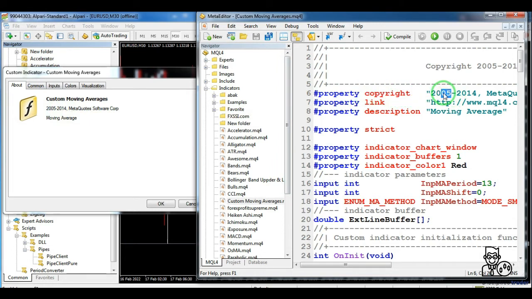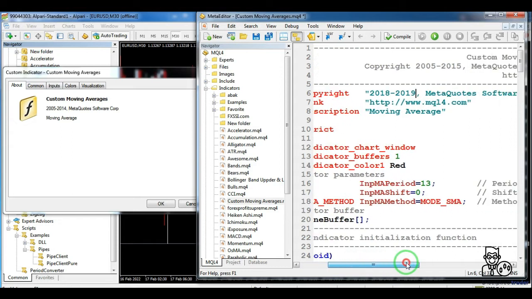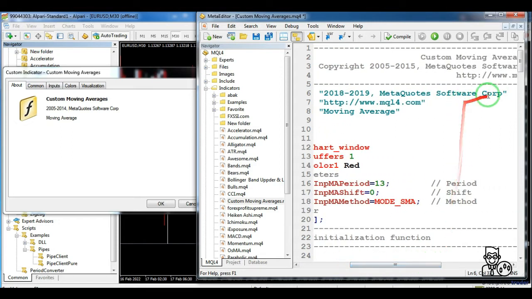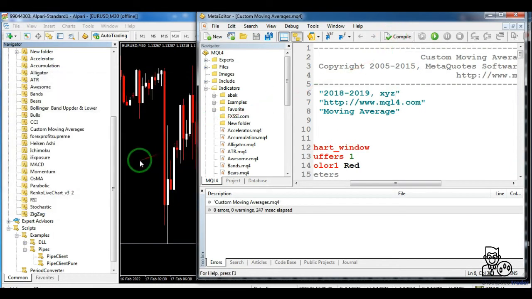For example, I will change it to 2018 to 2019. I will also change the name of the company. If we compile, what we created is displayed there.